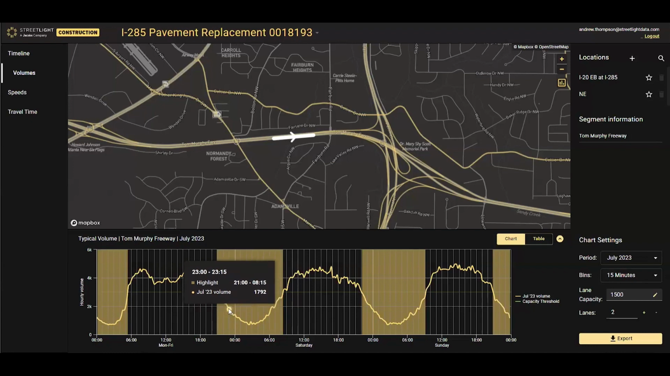For a summertime closure in July, we'll need to reopen the lanes at about 5:15 in the morning, and I can close them starting about 9 p.m. on Friday evening. Now, with seasonal variations in traffic, there may be opportunities for wider construction windows depending on the